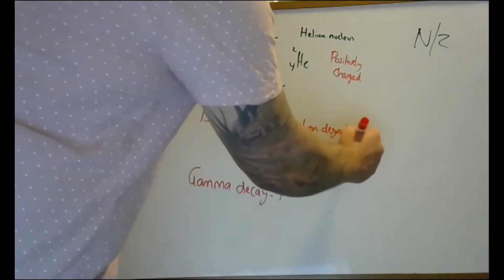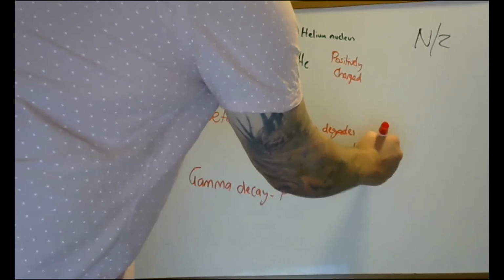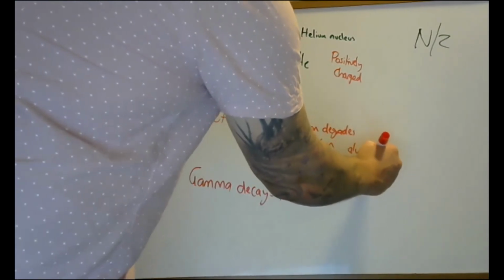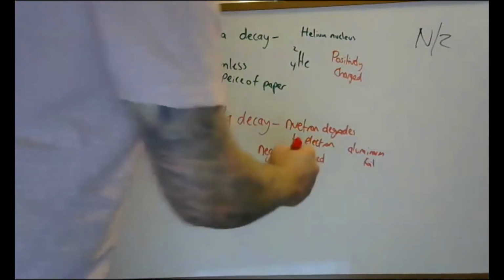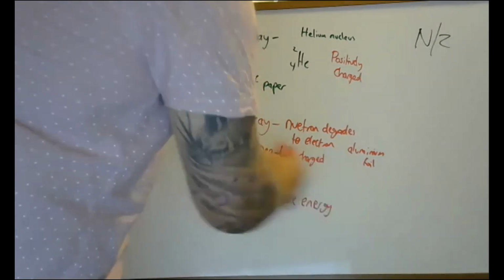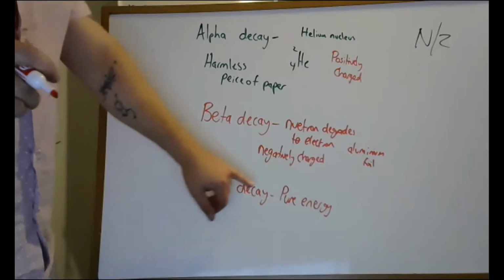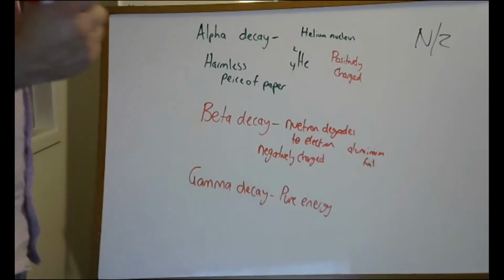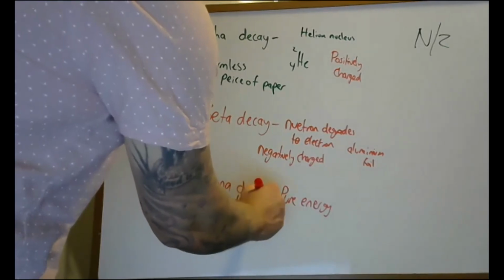So you can stop beta decay with aluminium foil. Gamma decay is pure energy. You need lead and concrete. And even then,